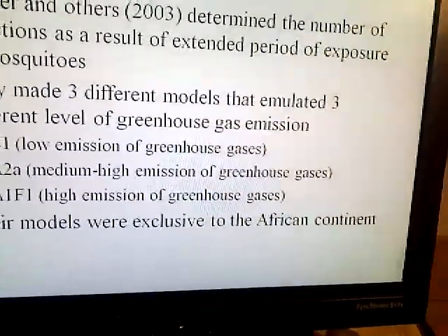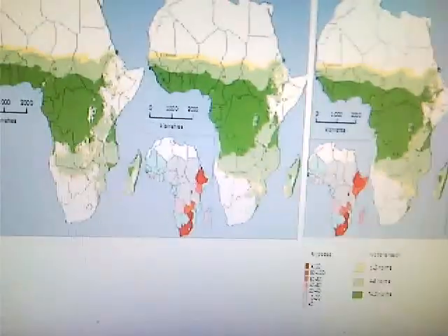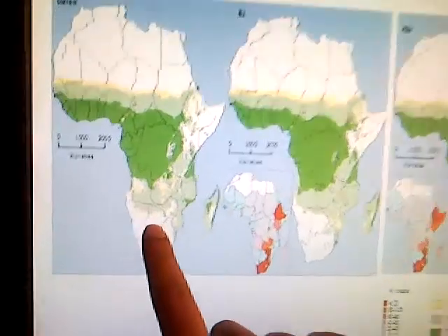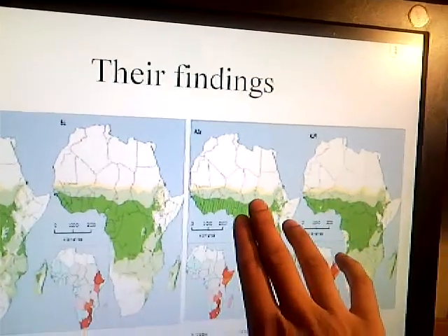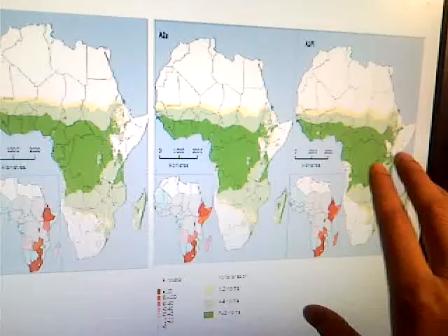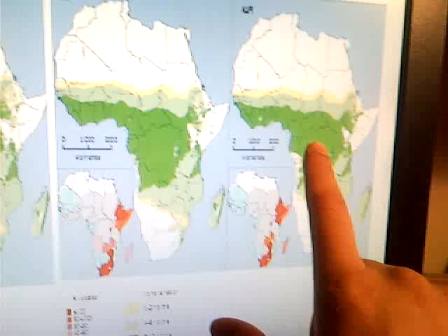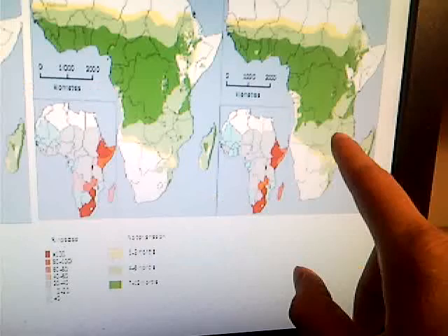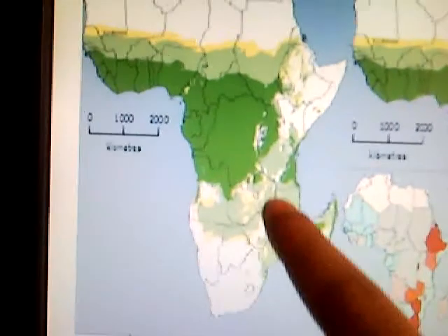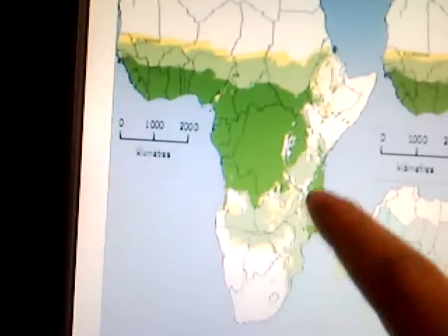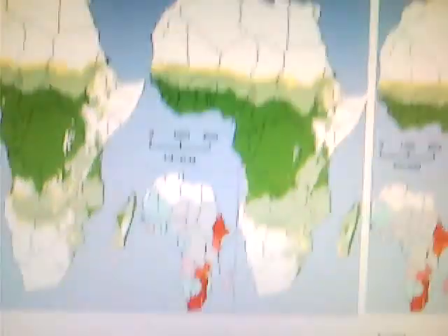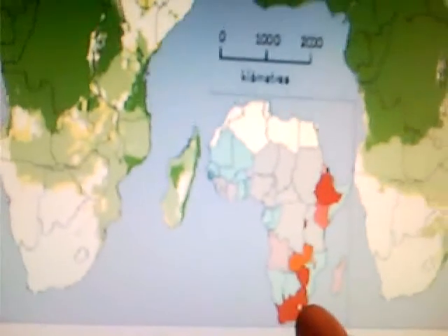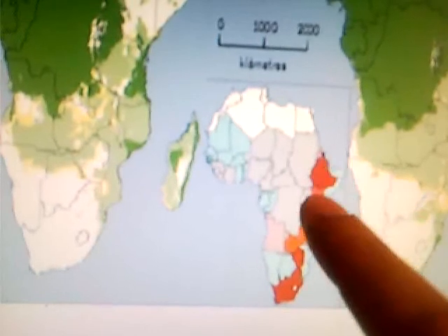And we'll see the exposure time actually increases as we move along. So this is the lowest emission level, medium emission level, highest emission level, and it's the green area becomes significantly larger, and we'll see that it actually becomes large here. The light green becomes large here as opposed to this, where there's still a little break of little green. And so that's basically this. The green color corresponds to the exposure period, and we will see that with the lowest emission, this is the distribution of mosquitoes, like malaria cases.